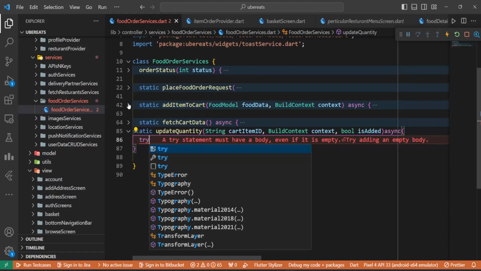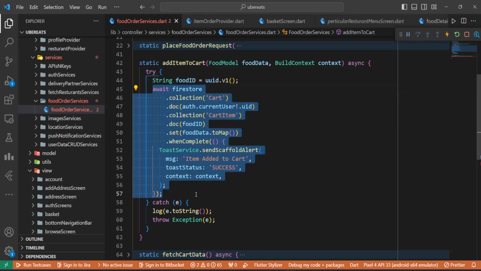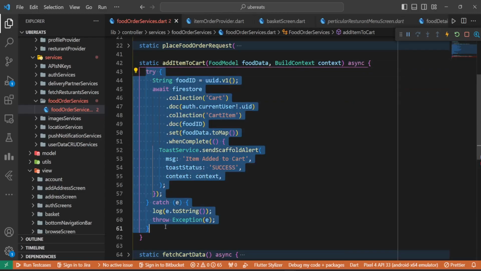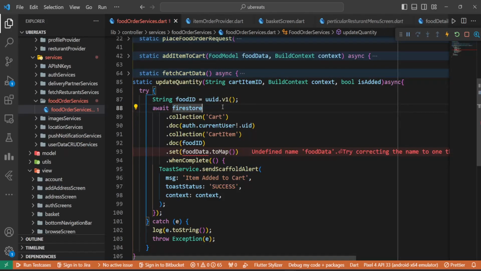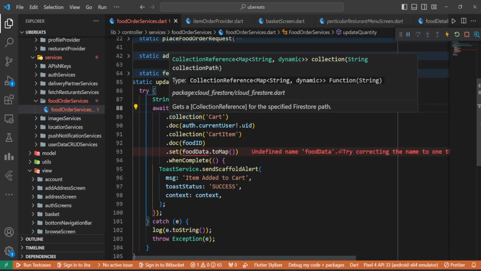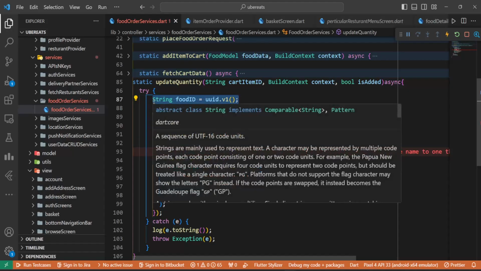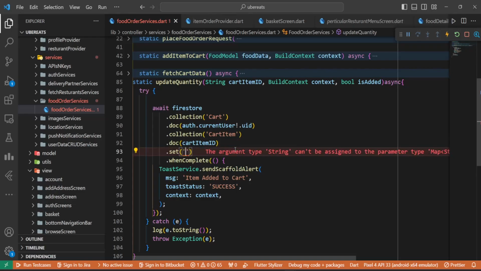Let's go to add item to cart, this thing. So what we're gonna do is copy this entire thing. Let's copy the entire try catch thing, minimize this function, and paste it here. So collection cart, yeah, it's good. And here instead of food ID, we will go with cart item ID, and here dot set, we will go with